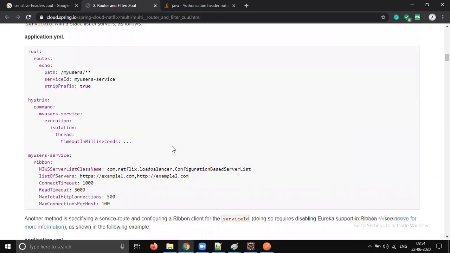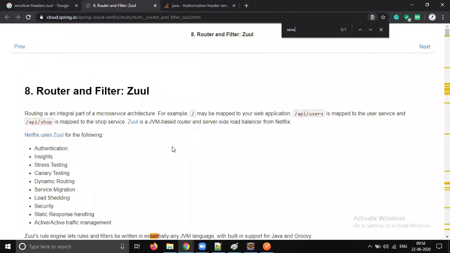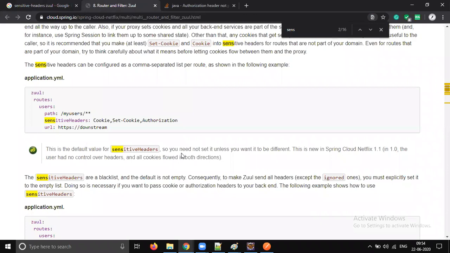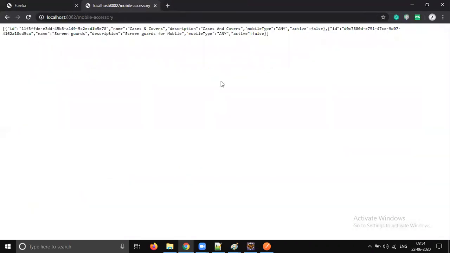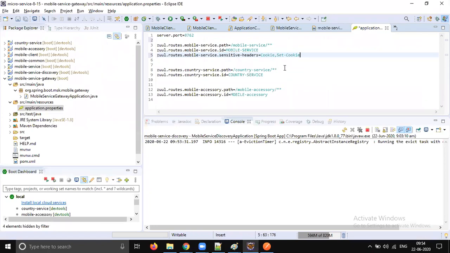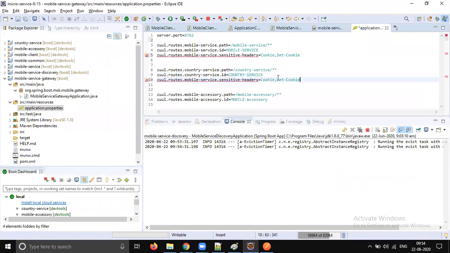Let's type sensitive headers. I should set cookie, it should be added because of security. Otherwise, your authentication won't be working. Without authentication, you don't need to do something like this.